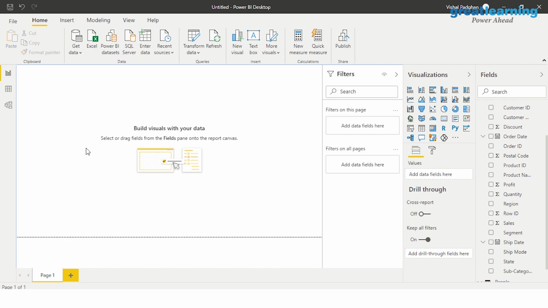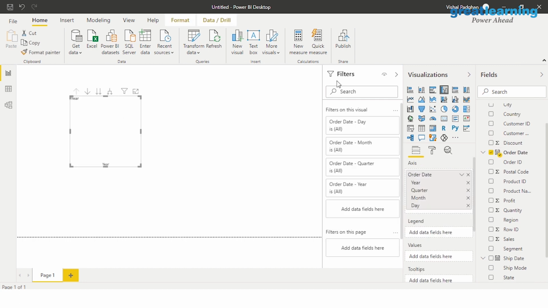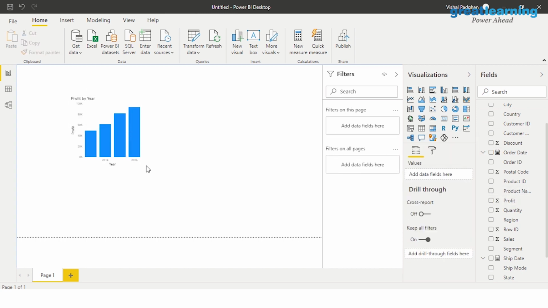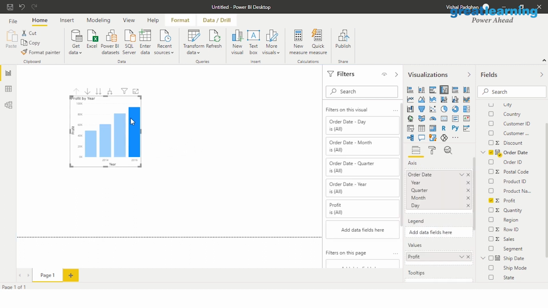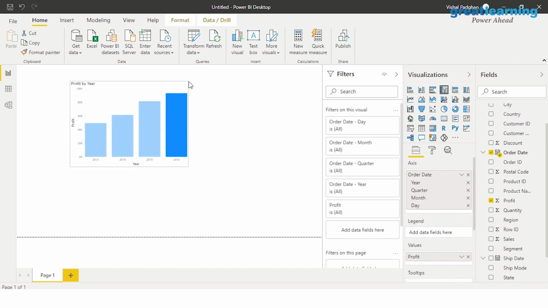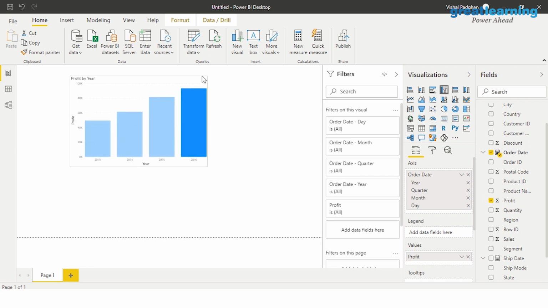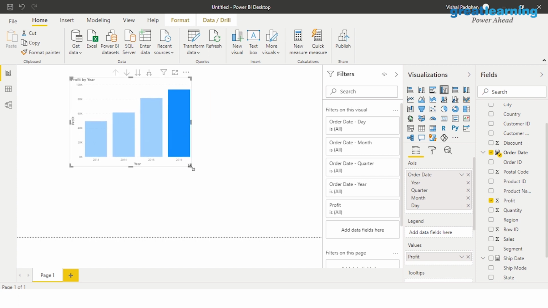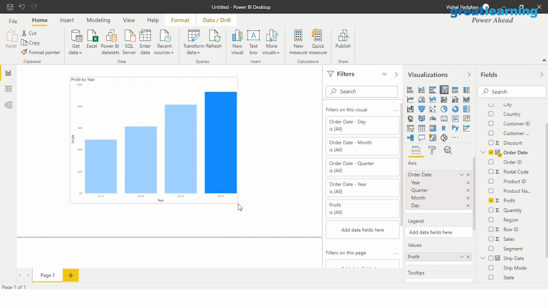Let's try the visualization process and see how it works for us. To start with, let's visualize certain data. I'm going to pick up order date, and while I do that, I'm going to put in my profits. You see, it gives me profits for the number of years that are there. With Power BI, you can right away adjust all of this here itself. All your graphs can be resized to meet your needs, and you can look into the values the way you want to.